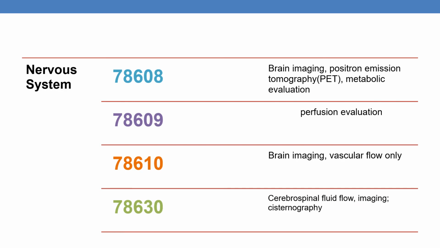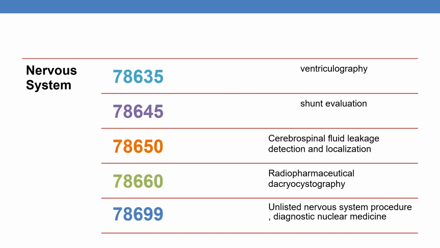Now coming to the next CPT, 78608, which is nothing but brain imaging positron emission tomography, PET, metabolic evaluation. The next CPT is 78609. It is nothing but brain imaging PET perfusion evaluation. The next is 78610, brain imaging vascular flow only. The next is 78630, cerebrospinal fluid flow imaging, cisternography. Now coming to the next CPT, 78635, which is nothing but cerebrospinal fluid imaging,